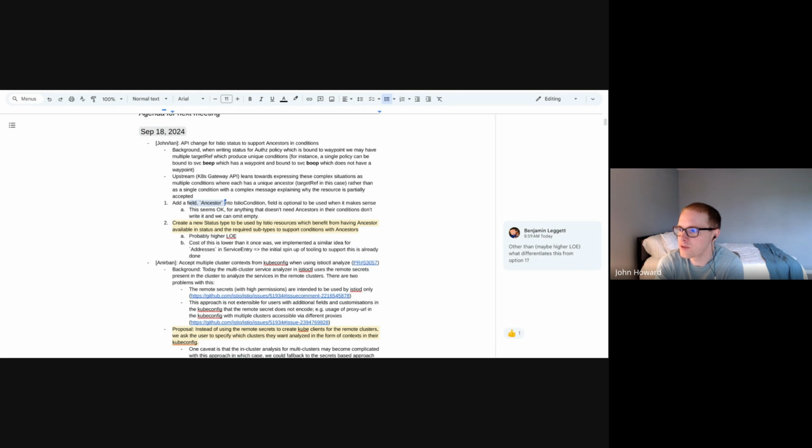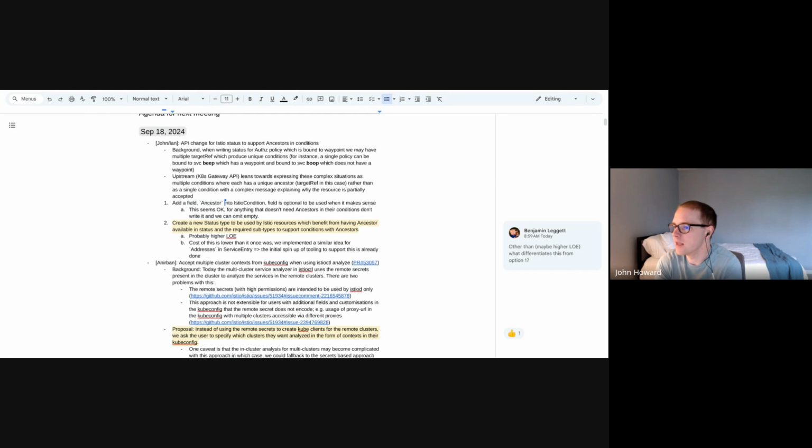What we're seeing, though, is for some of the other objects we're starting to look at, there's some more complications. So we want to say similar on authorization policy, like this authorization policy was successfully bound to this waypoint, or maybe it wasn't successfully bound to the ztunnel because it has L7 policies, things like that. The problem, though, is that authorization policies have multiple target refs. So at a very high level, the choice is: do we have one condition that is the summary of all of them, or do we have a condition per target?